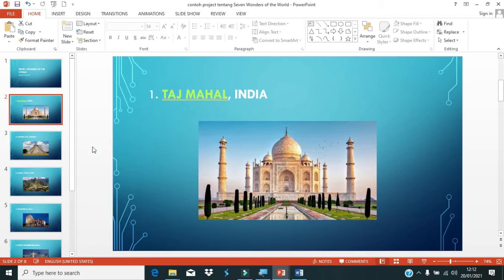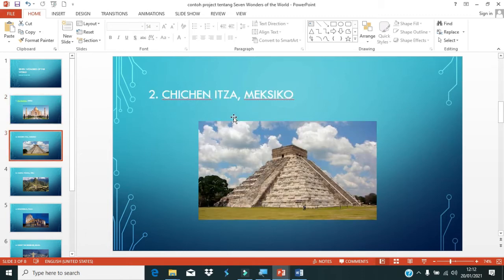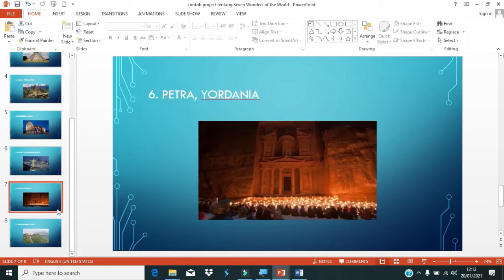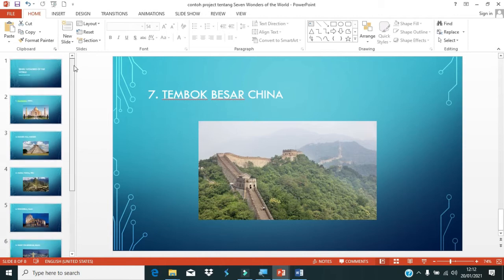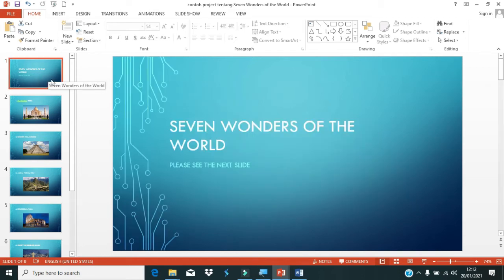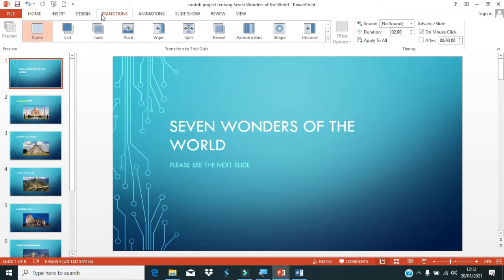This is Taj Mahal, India, and the second, yeah, this is Mexico Chichen. Third, until the 7, yeah, tembok besar Cina. You can make this. And if you want to make the slide transition, the example, you want to make the first slide makes transition, click this one, transition,